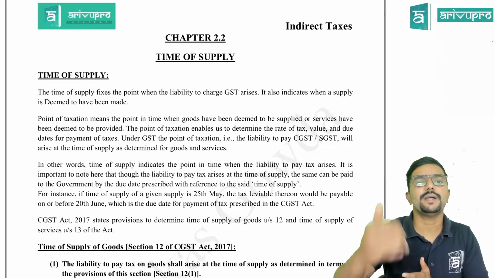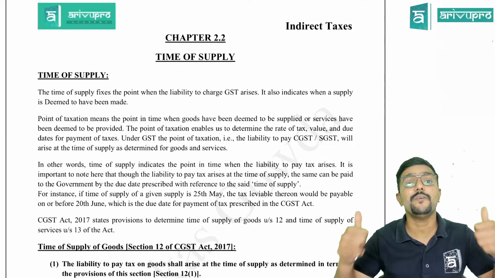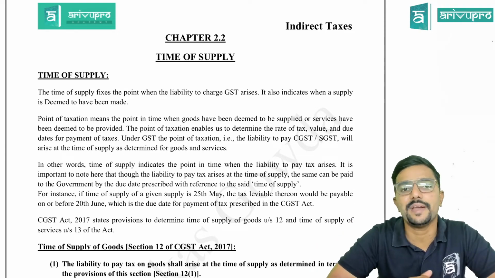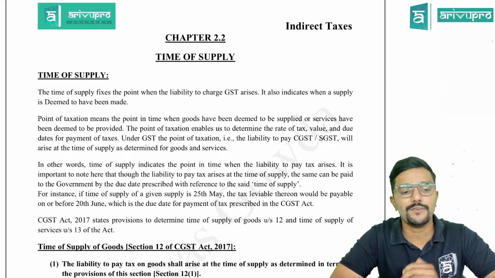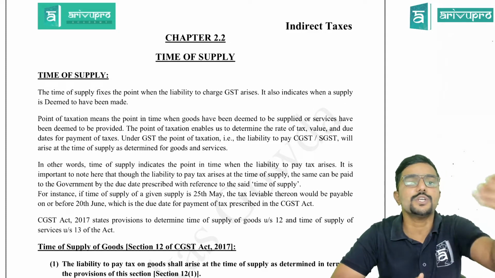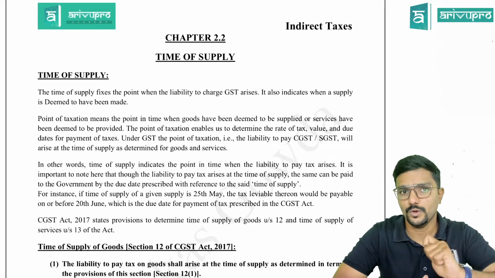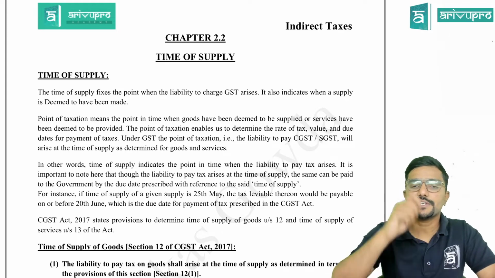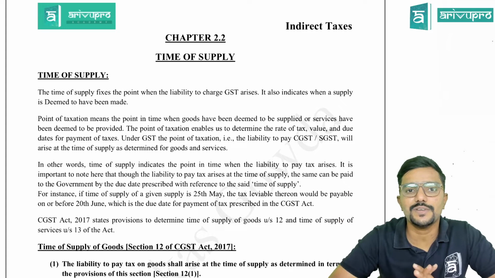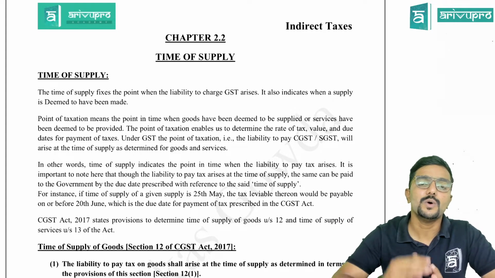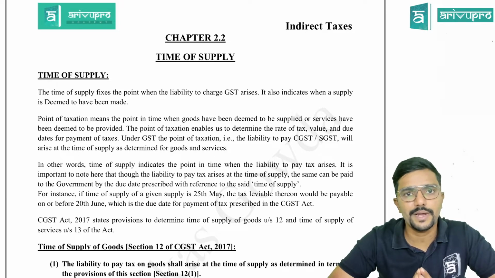Now, sir, I am providing supply. I am liable to pay tax, whether I am the supplier or recipient, whether forward charge or reverse charge. Tell me when to pay tax. When am I liable to pay tax? Because there should be some time. Okay, if I am liable to pay tax, when? That question also should be answered. So section 9 will answer your question of who should pay tax. And sections 12, 13 and 14 cover time of supply. There are three sections which will talk about when we are liable to pay tax.